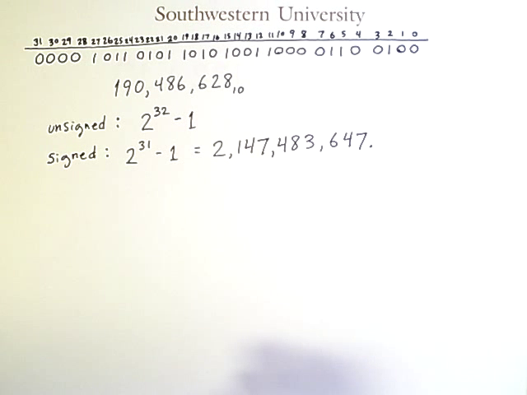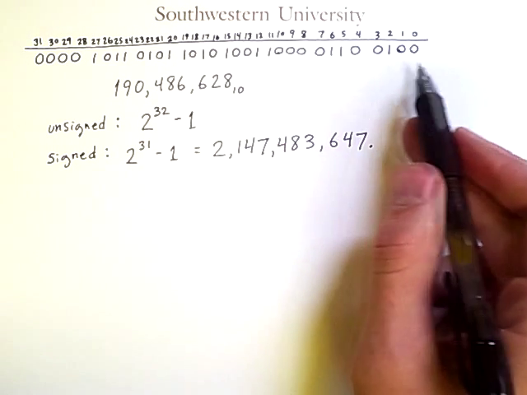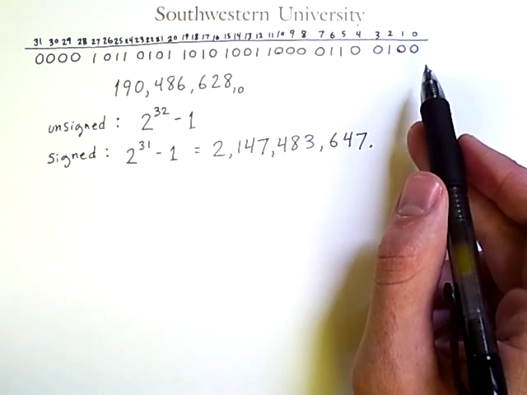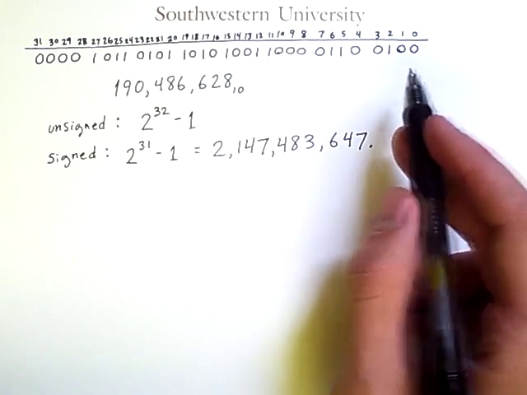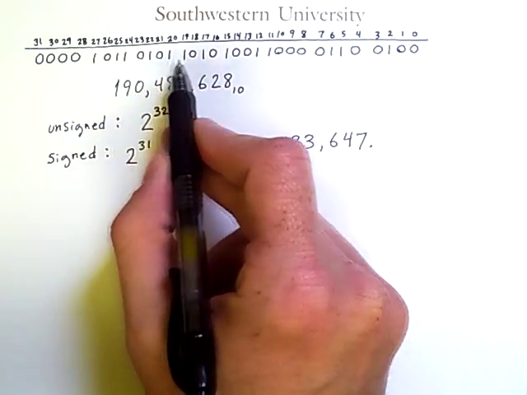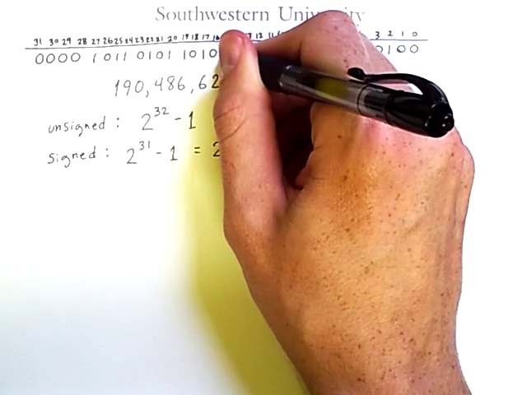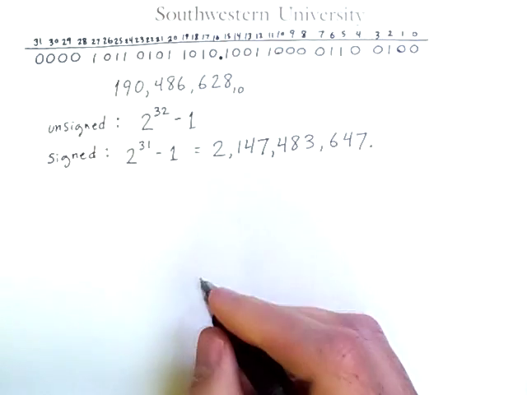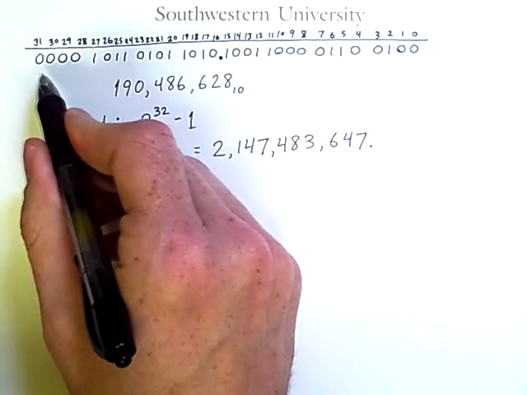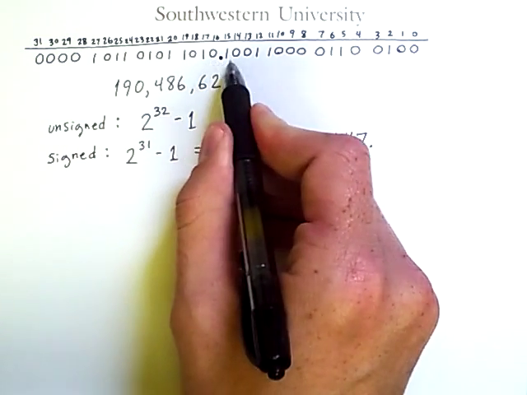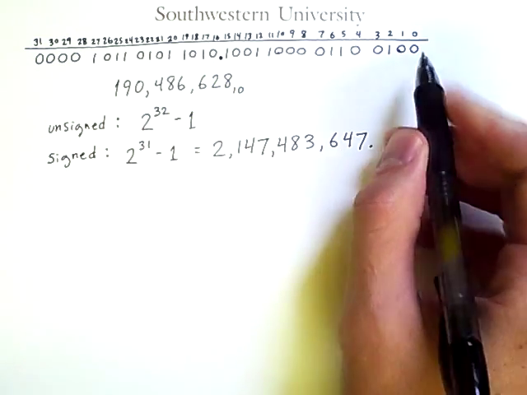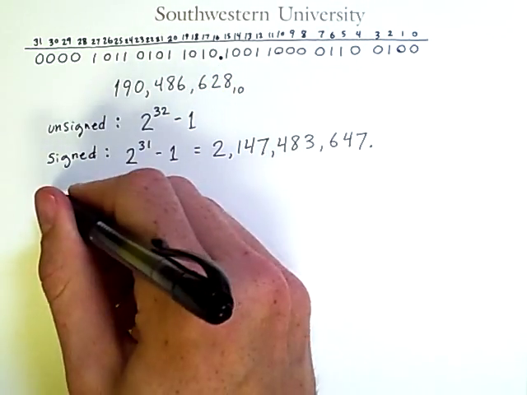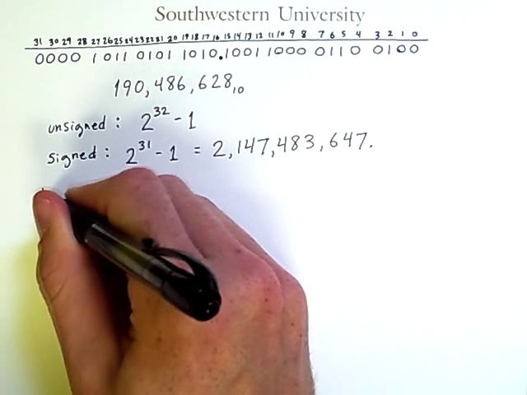Now, we've already talked about fractional binary, and one thing we could do is just pick some point in here to always place a binary point. For example, if we put a point here, splitting this in half, we have 16 bits there and 16 bits there. In that case, the interpretation, let's see,